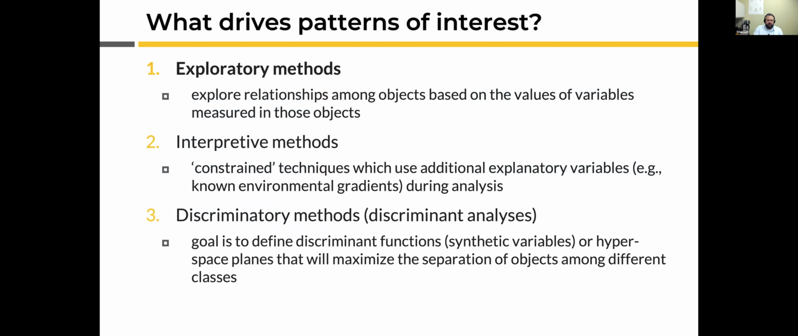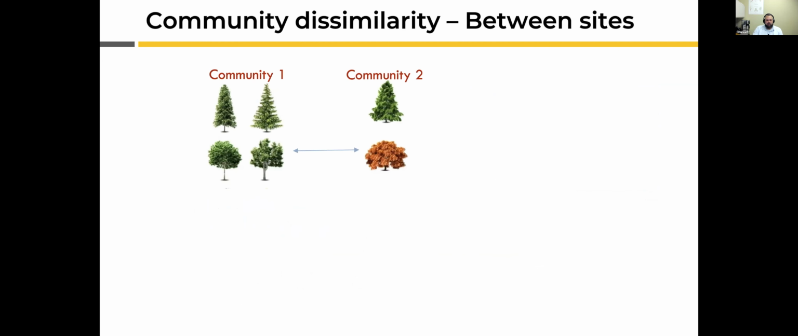The exploratory methods look at relationships between samples based on their makeup, right? How many organisms of each type do they have? How many of some observation? And so one of the things we can look at is community dissimilarity, right? We want to know,